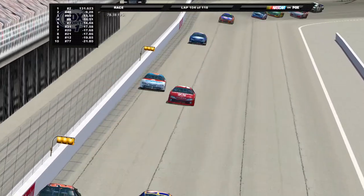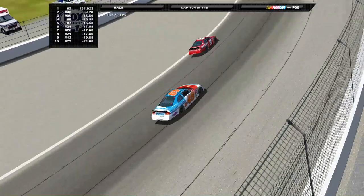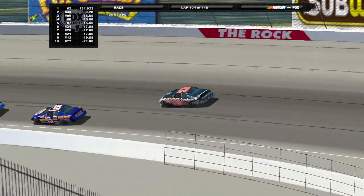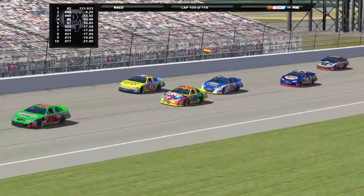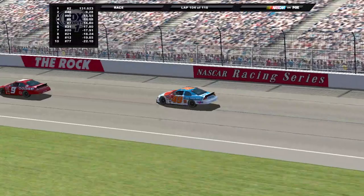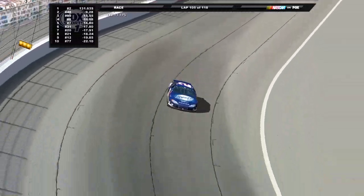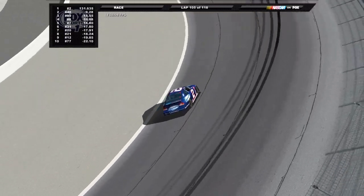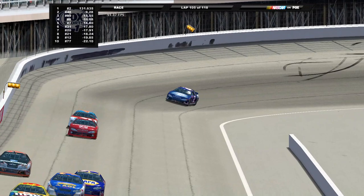But Rusty Wallace is getting up into the top 20. That's how many cars he's lapped, all the way up into the top 20. Man, it's insane. And he's hungry, he's looking for more. He's trying to lap more people up here. He's catching these 2 very quickly. Rusty Wallace has dominated today,